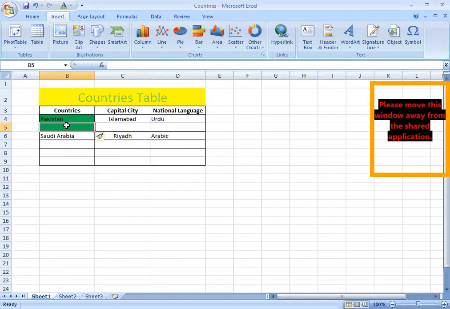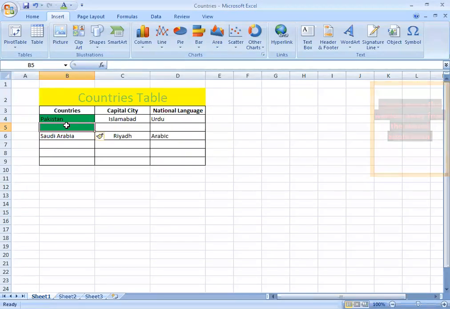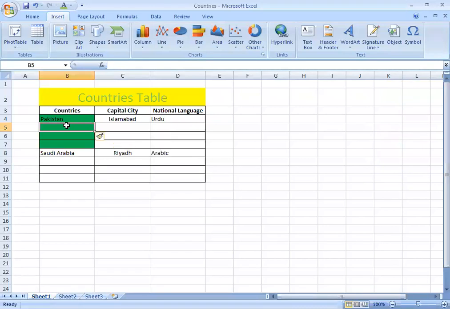Acha, if you want to insert more than one row, we have just inserted a single row. After this command, if I press the F4 key, new rows will be inserted. See this, I'm pressing F4 again. A new row is inserted. A new row is inserted. A new row is inserted.